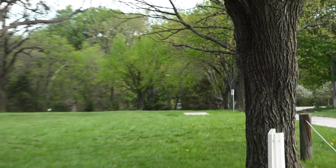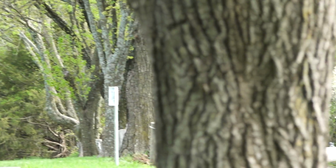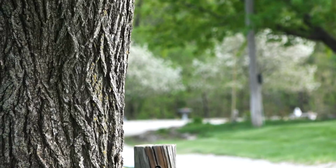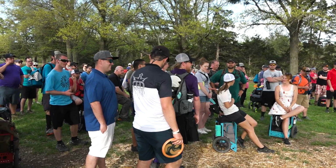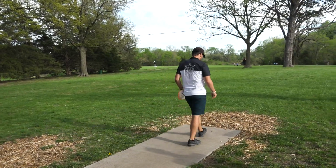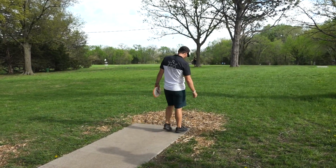Brad debated on throwing the turbo putt off the tee, instead went with a backhand. I like the hyzer flip line, but it just turned a little bit too much for him. Pressure is squarely mounting on Oakley's shoulders as he knows Paige Pierce is putting here, and it's a pretty difficult